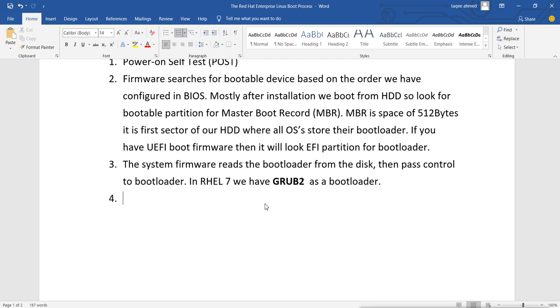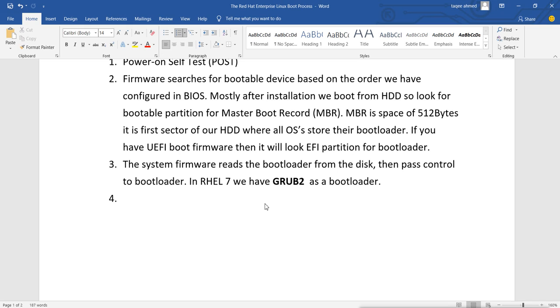It installs or reinstalls GRUB. So if it is having any problem, you can reinstall GRUB by using the grub2-install command.